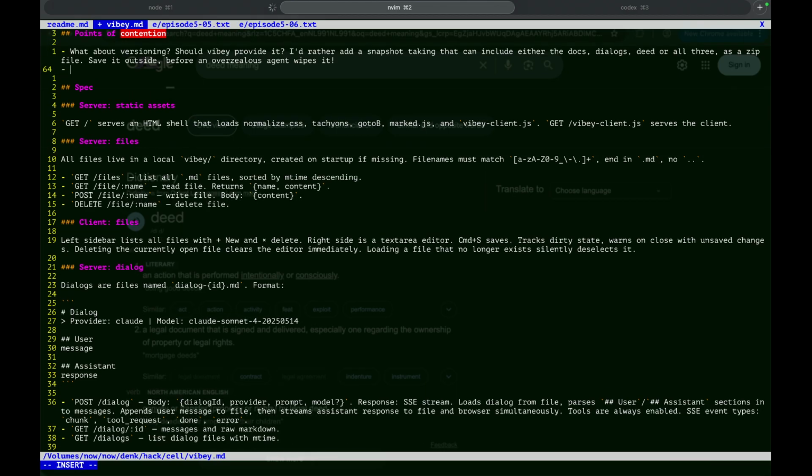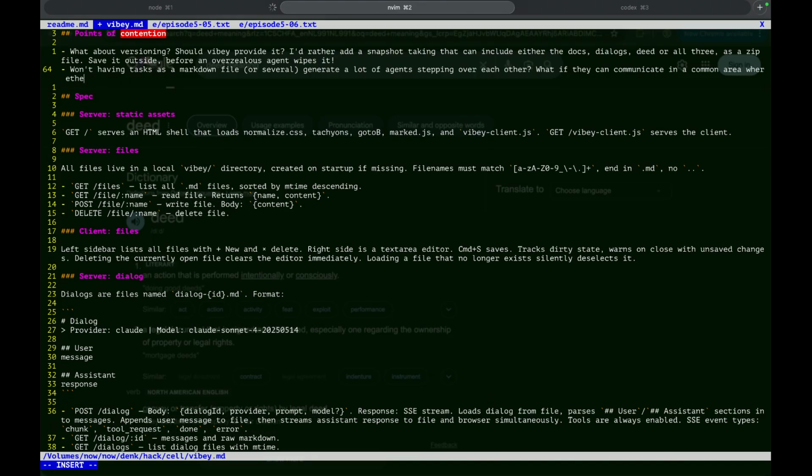Versioning. What else is bothering me? Having tasks as a markdown file, or several, can generate a lot of agents stepping on each other. What if they can communicate in a common area, where they tail the last lines?